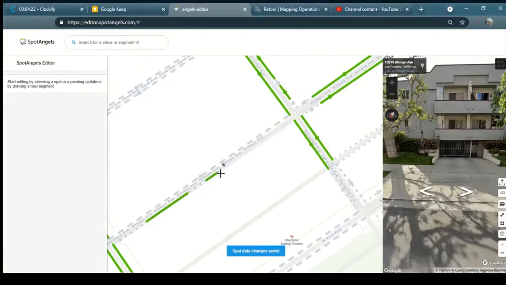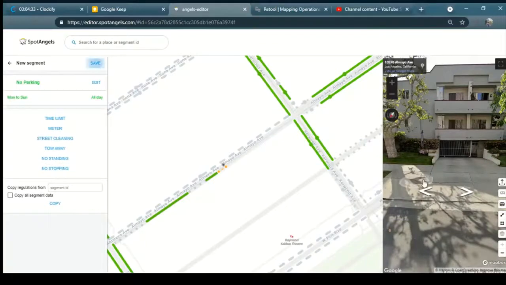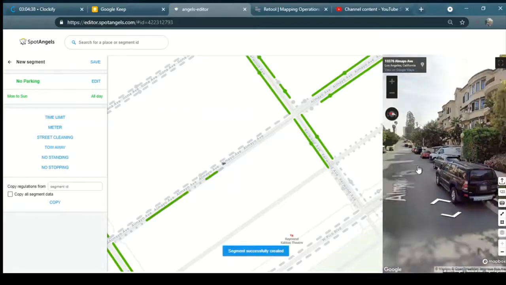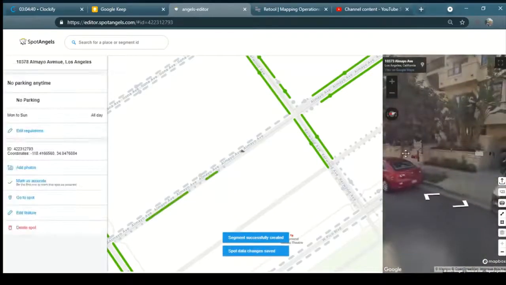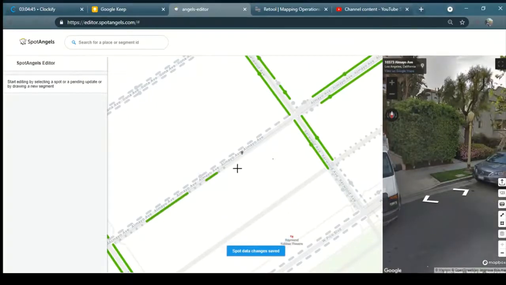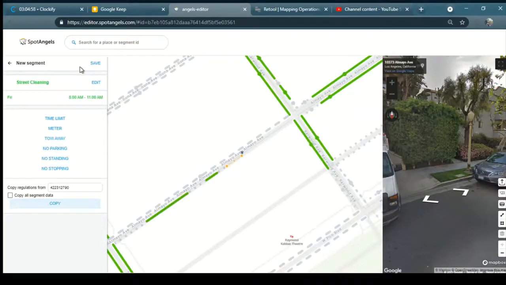So if we have more than one spot where there is no parking, we should add it. And again, I have street cleaning here. So I'm adding it. So this is how we add the parking rules for streets, whether they are street cleaning, no parking, time limit,